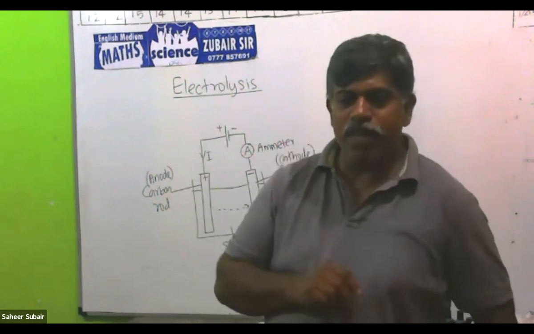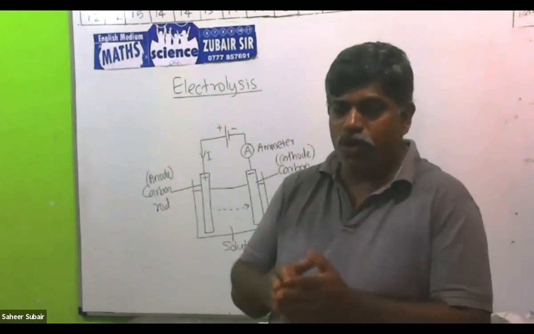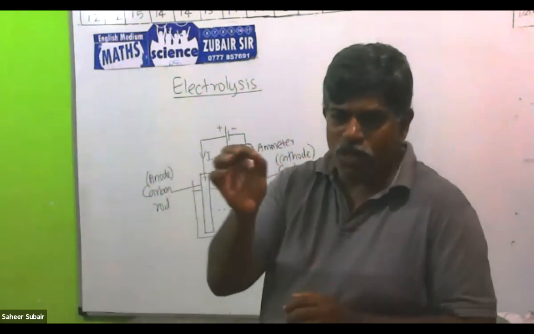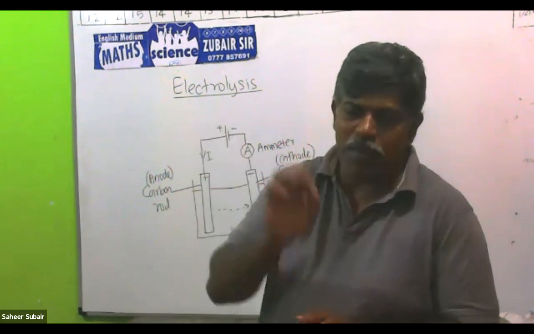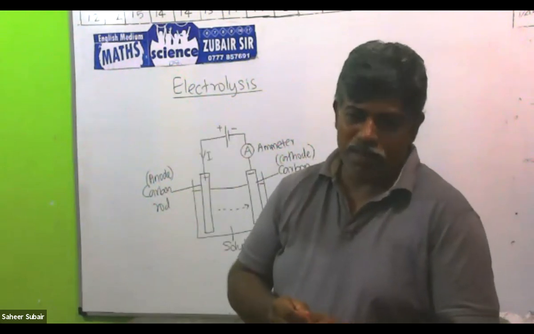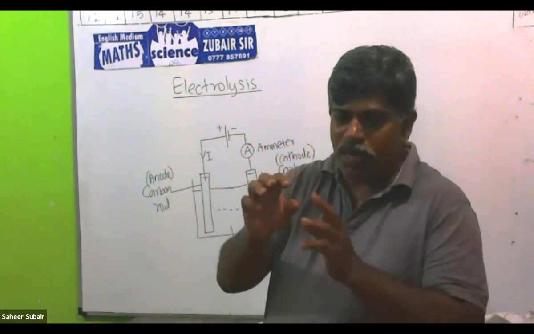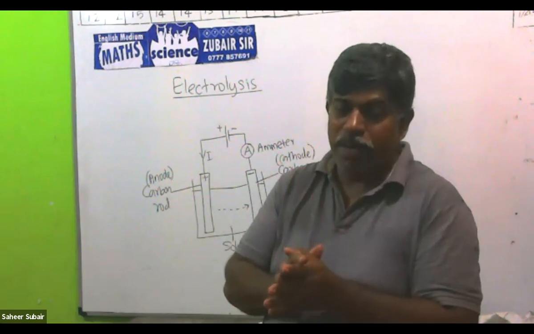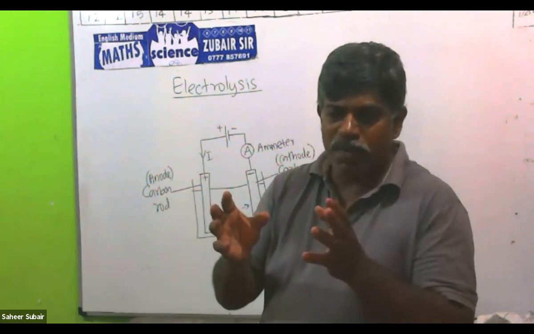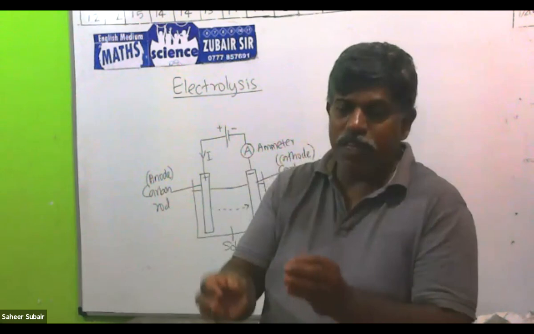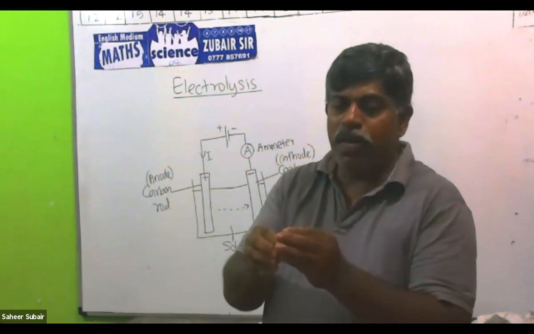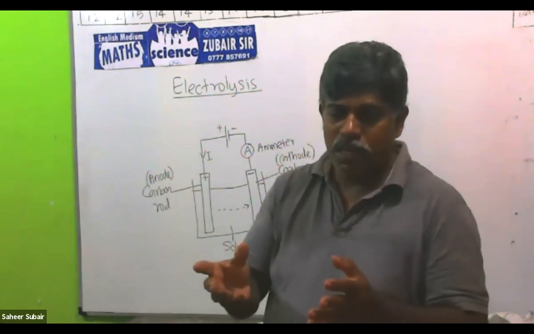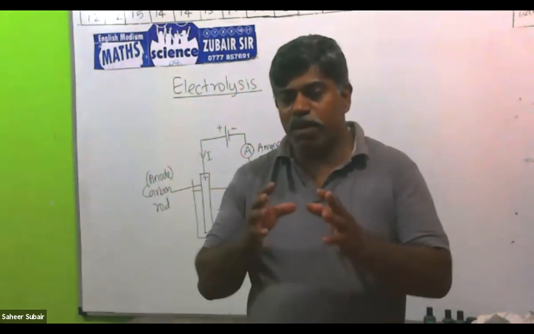Now, salt water allows the current. Salt water conducts the current. Salt water can be taken as the electrolyte. But if you take a salt piece and touch the current wire with it, you won't get the current. Because when the salt is in the crystal form, there are no movable charges. When it is in crystal form, it won't conduct the current. If it is melted or dissolved into water, only then does it form the ions. Then only it gets the movable charges. When it has movable charges, only then can it pass the current.